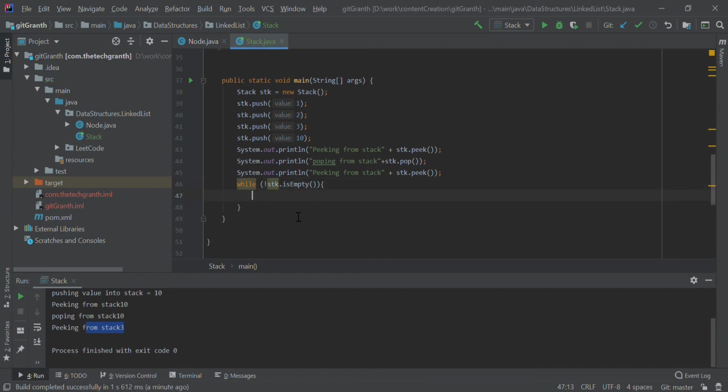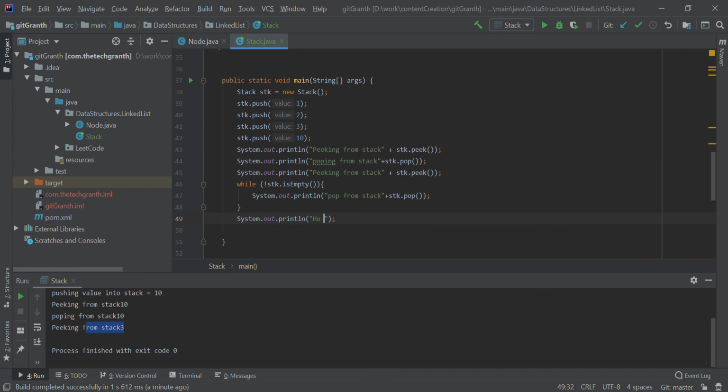This condition I'm telling, till stack is not empty, I will say pop from stack, and here I will say stk dot pop. So this will pop out all the elements, and finally I will say what is the status of stack, or rather how many elements now.